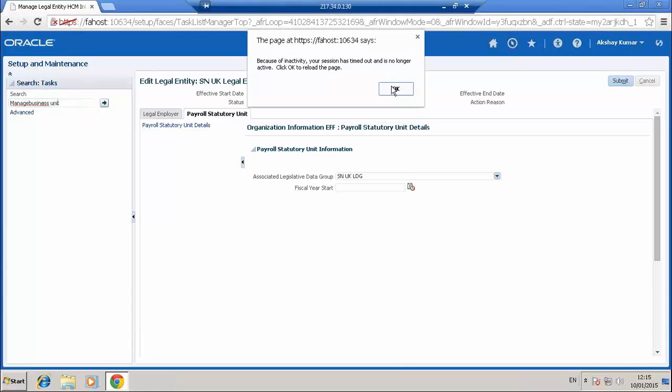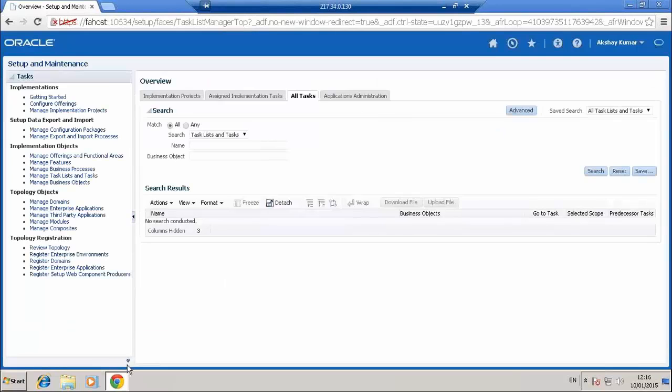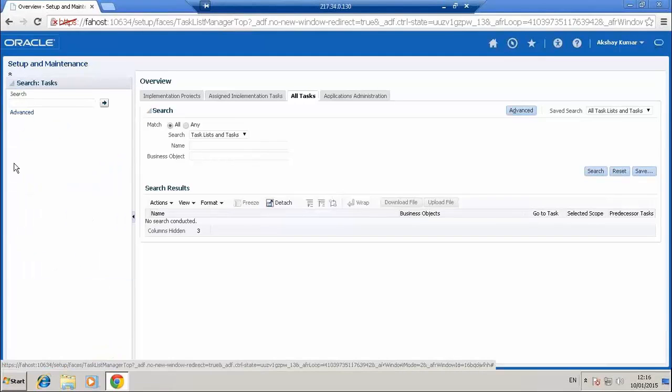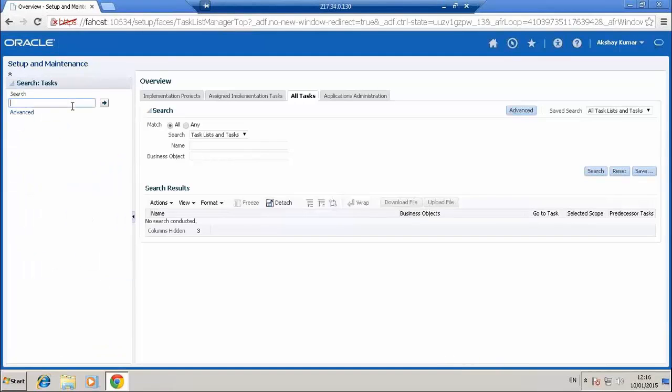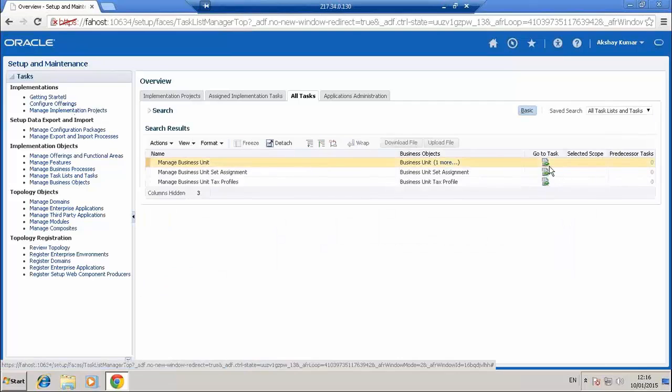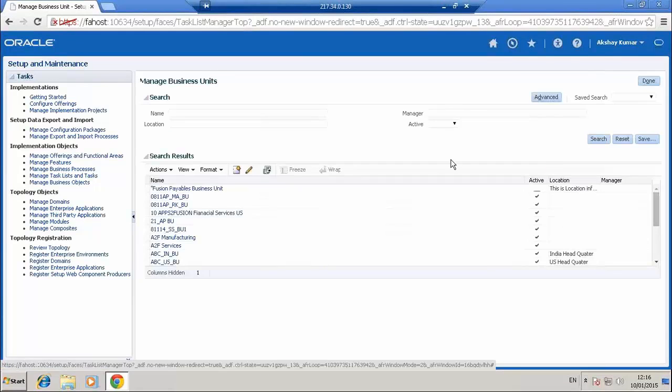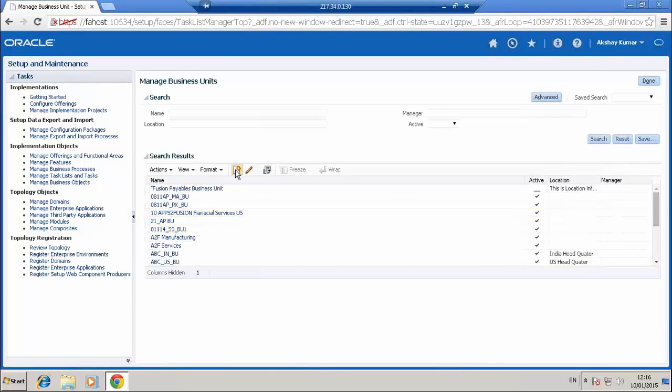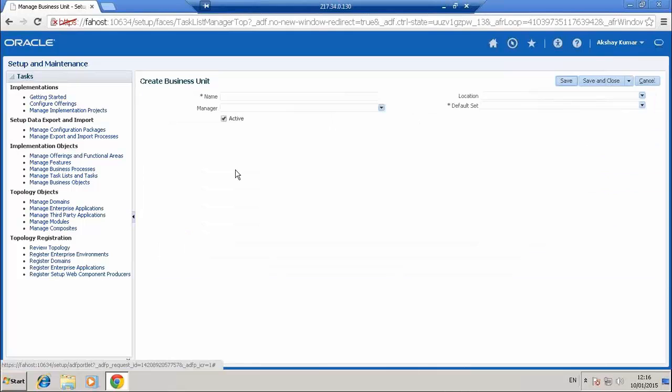Manage business unit, this is where you create the business unit. This business unit creation is mainly for reporting purposes.